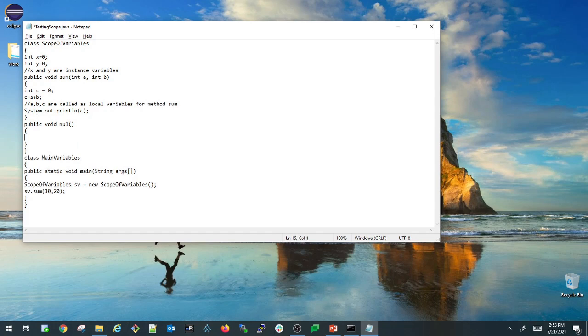Here I am declaring one more variable, int z equals 0. I'm initializing it with a 0 value, and I'm also saying that z equals x into y.